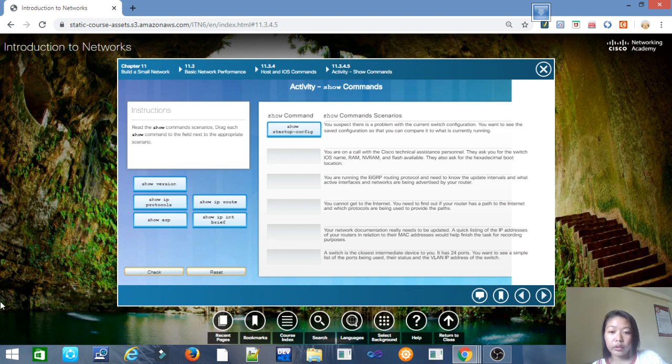You are on call with the Cisco Technical Assistance personnel. They ask you for the switch IOS name, RAM and VRAM, and flash available. They also ask for the hexadecimal boot location. Show version. You are running the EIGRP routing protocol and need to know the update intervals and what active interfaces